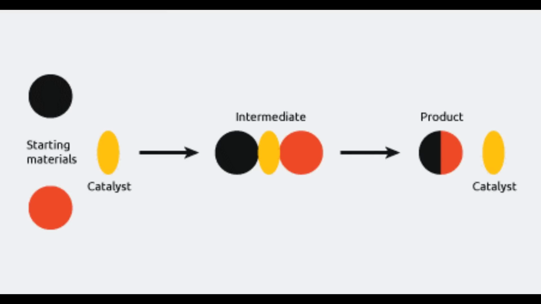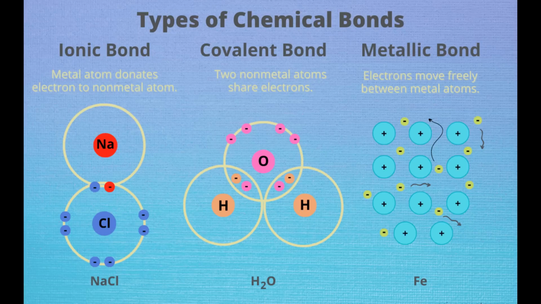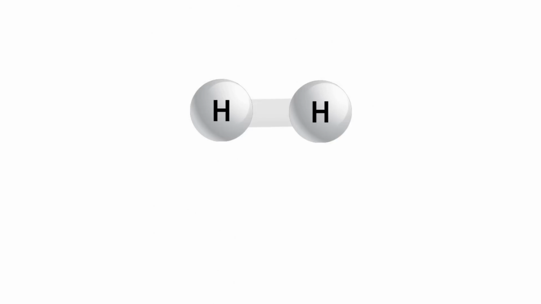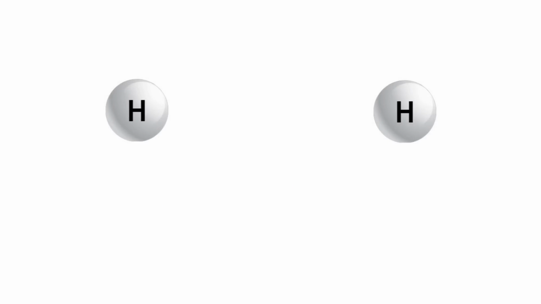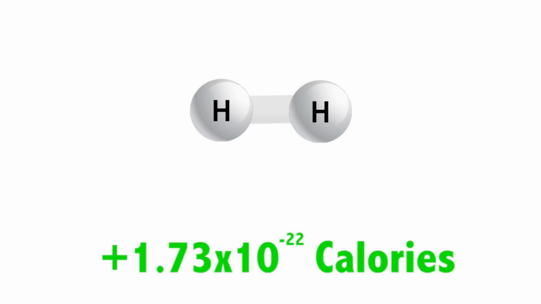Molecules are held together by just a few bonds, and a chemical reaction is about breaking a few bonds and then making new bonds with new atoms to make new molecules. Now, broadly, breaking bonds takes energy, whereas making bonds gives out energy. Some bonds are stronger than others, so they take more energy to break, but they give off as much energy as they take when they make the new bond. For example, a hydrogen molecule has two hydrogen atoms. It takes a small amount of energy to break the bond between them, actually 1.73 times 10 to the 22 calories. If we let those atoms rebond, then exactly the same amount of energy will be released.